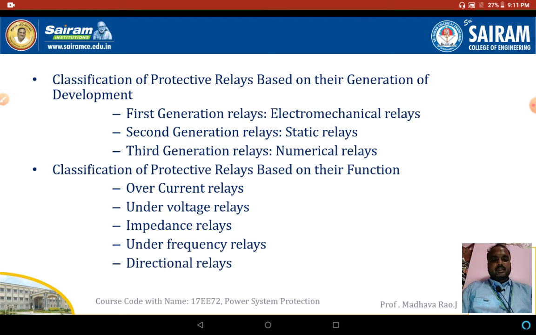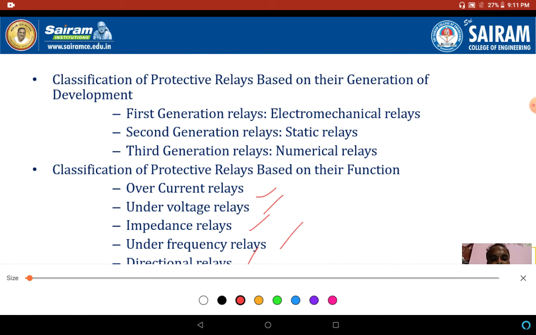If you want to check voltages, we will use undervoltage relays. For impedances, we will use impedance relays. For frequencies, we will use underfrequency relays. For direction, we will use directional relays. So the classification of protective relays based on their function is overcurrent relays, undervoltage relays, impedance relays, underfrequency relays, and directional relays. These are the classification of relays.